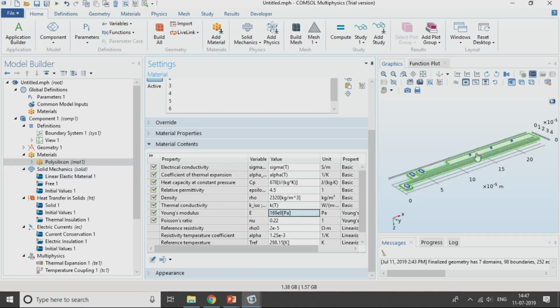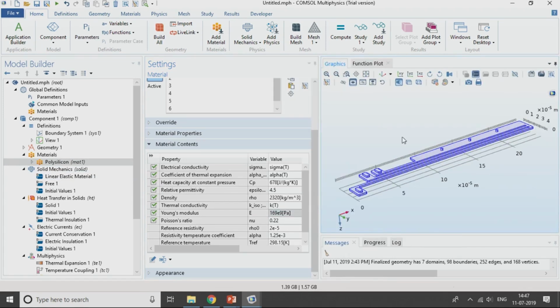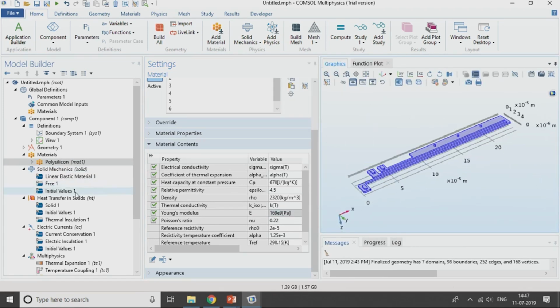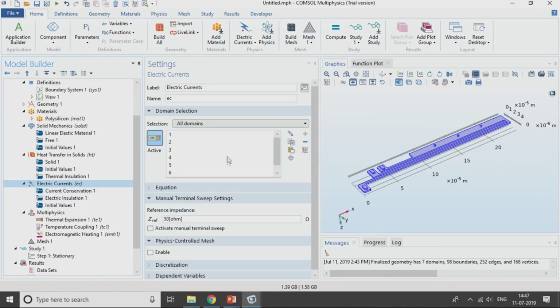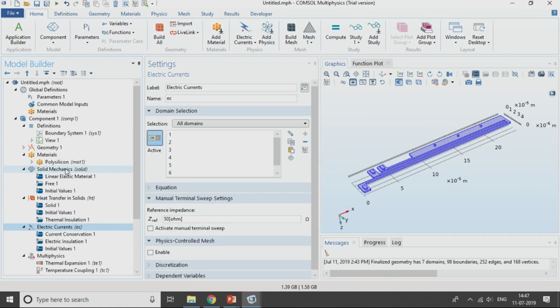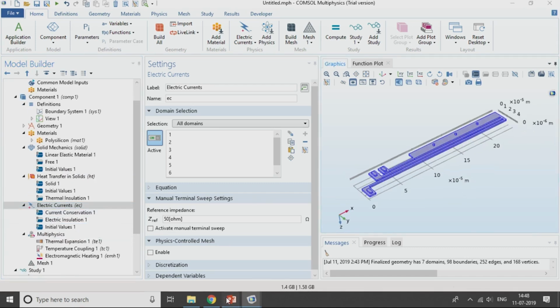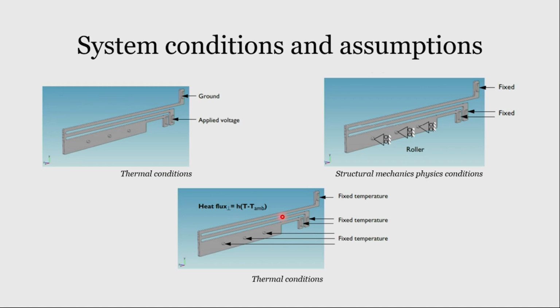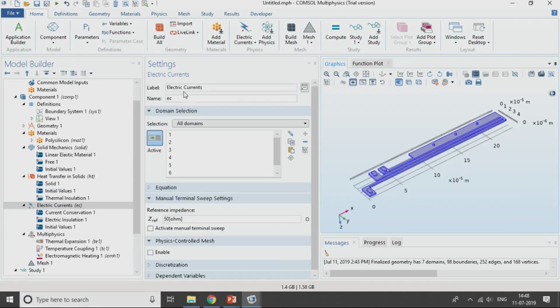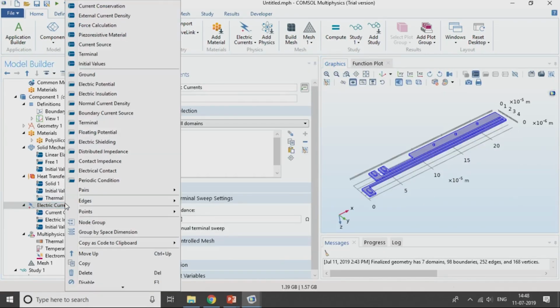Okay. So, the next thing is to apply physics boundary conditions one by one. The first thing is to apply the electrical currents interface. Now, over here if I want to apply the boundary condition, I will just go through and check what are the boundary conditions that I need to apply. So, as you can see over here, I need to apply the voltage at the bottom two anchors and ground on the top anchor. So, I right click on my electric current interface, and I have been given so many